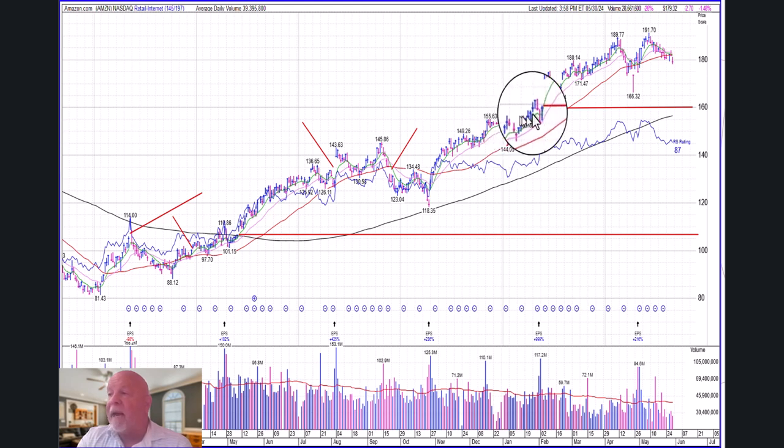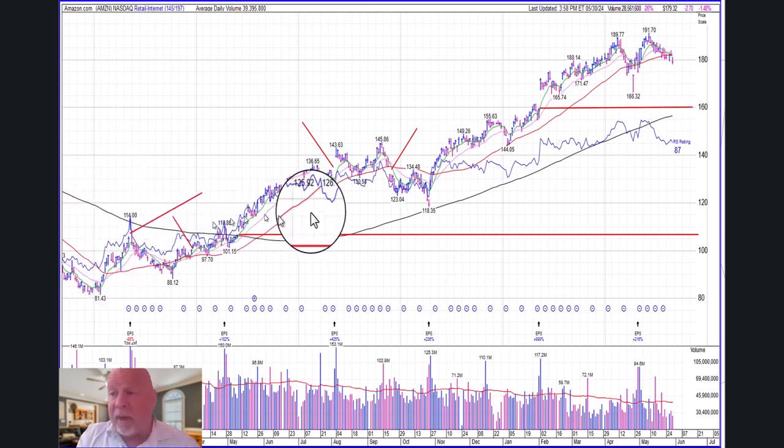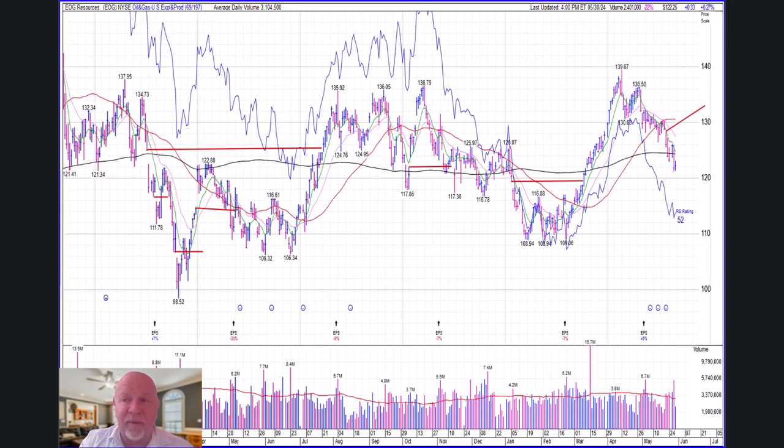And then we go back up, and now we have another breakaway gap on earnings at 160, and that one hasn't been filled yet either. So there's two gaps glaring out on Amazon, one at 107 and 160. But notice how the other gaps on the chart have been filled. I just find that fascinating, right? And I think these other gaps eventually get filled too. Maybe I'll do a follow-up here.